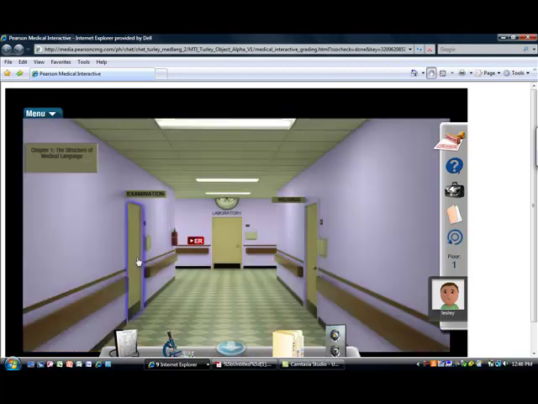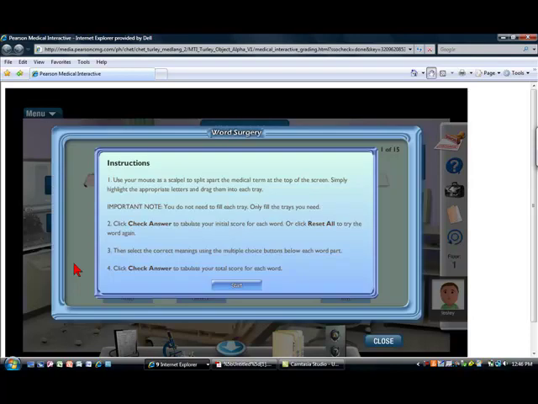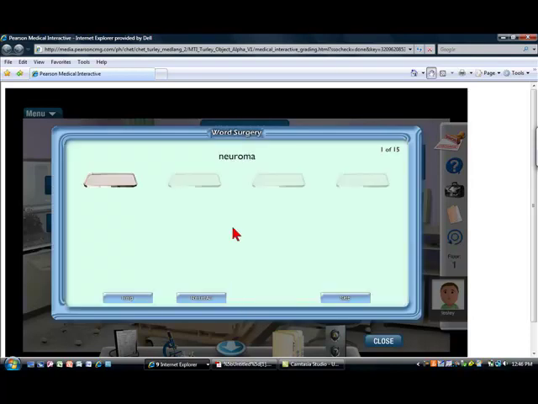And finally, you go to the examination room. In the examination room, you go through these various activities. Most of the ones that are labeled are matching, popping words, word surgery, and labeling. I have these identified as graded items for the most part, although you may do as many activities as you would like. You do not have to use all of the word to enter it into these areas, but basically